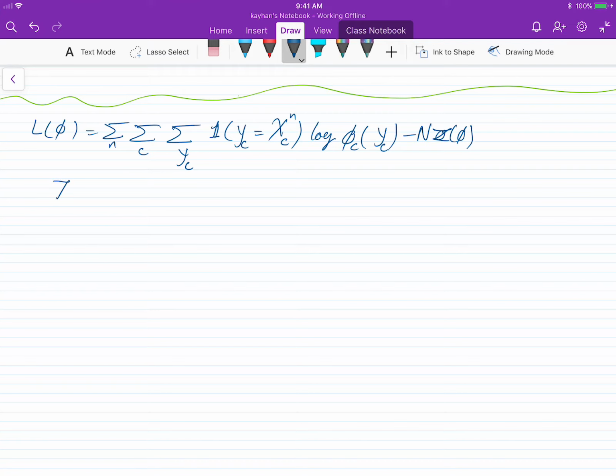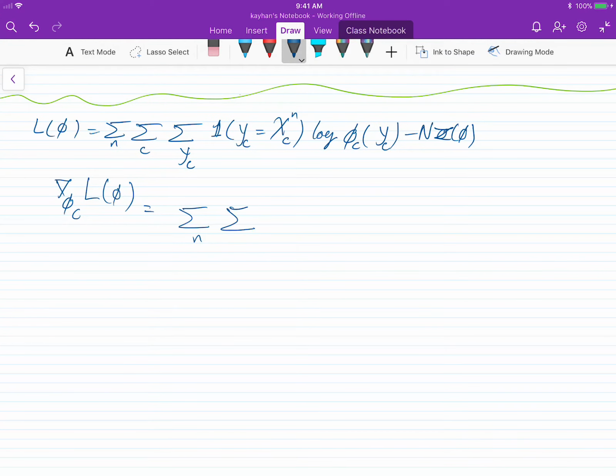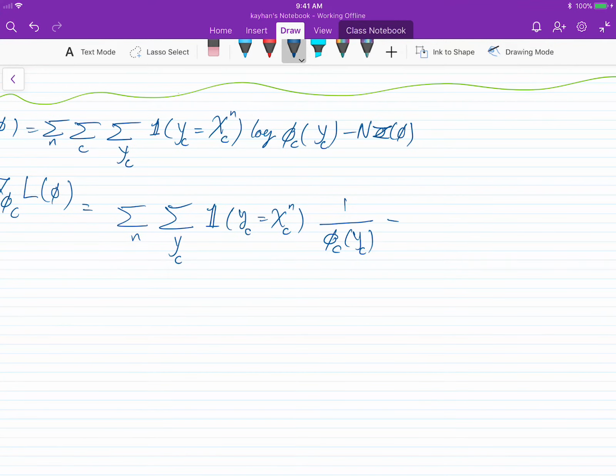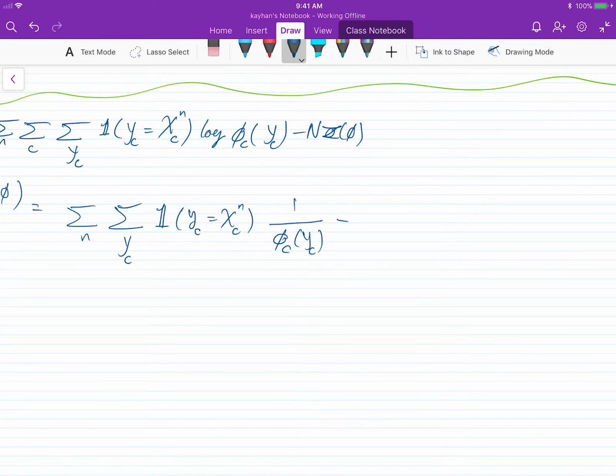So if I take a gradient with respect to phi c of my loss function, n is going to stay. It's only one of the c's. So because I'm taking the derivative of just one number, it's going to be phi c yc. And for n, you have already seen that, but